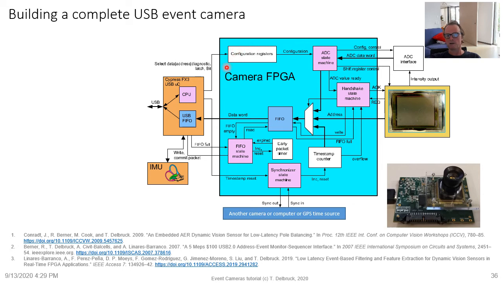Now I'm going to tell you about this important block in the middle here, which is all the logic circuits that handshake with the chip and finally get the data from the chip in its various forms, intensity output, brightness change events, and so on, and buffer them together with possible external events like synchronizing events, pulses coming from another camera or computer or GPS time source, and multiplexes all this data together and sends it to the host computer. So the way this works is